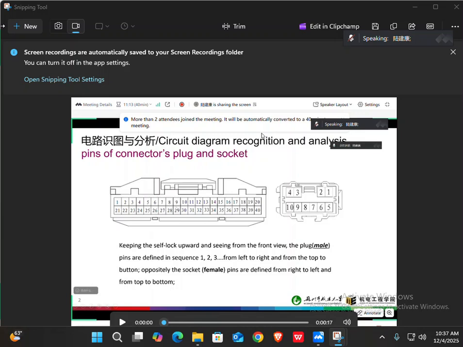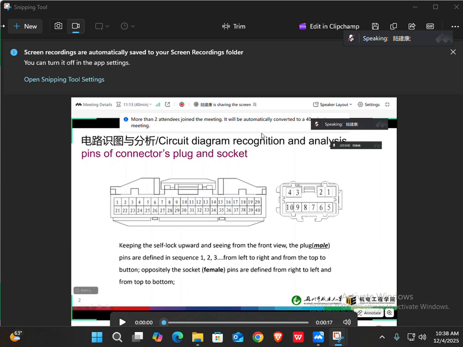First pin. Here, this is 73. That means this is the number 73 pin. And here, this is